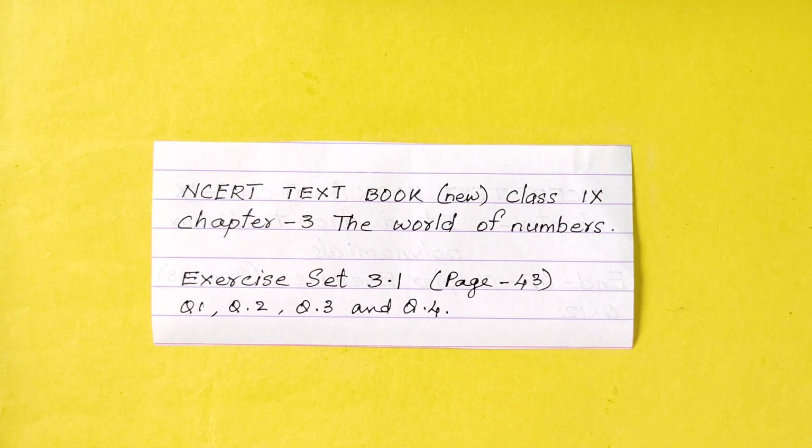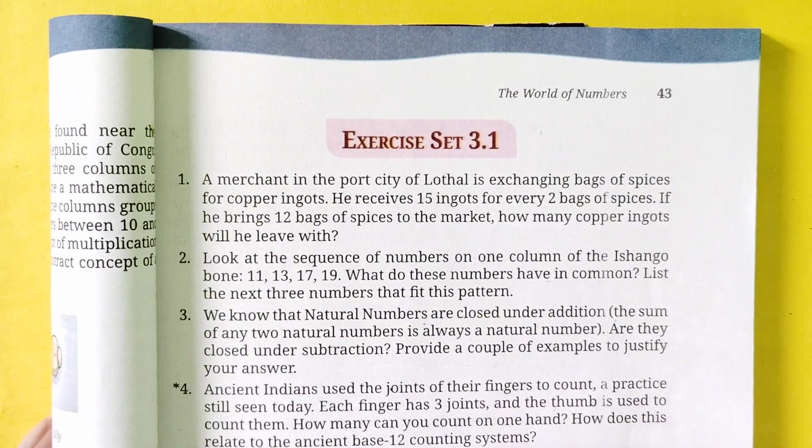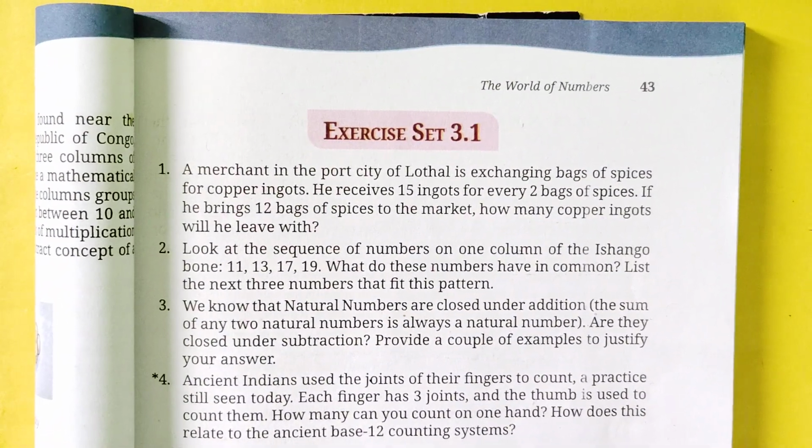In this class, we'll solve sums from NCERT textbook, class 9, chapter 3, the world of numbers, exercise set 3.1. It's on page number 43, questions 1, 2, 3 and 4. So we'll see question 1. Question 1 says,